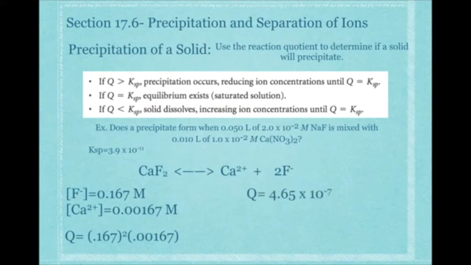My Q that I get is 4.65 times 10 to the negative 7th. The KSP I have is 3.9 times 10 to the negative 11th, which means my Q is larger than my KSP. So since my Q is larger than my KSP, I need a shift to the left to decrease its size. So if it's shifting to the left to decrease the value of Q, that means